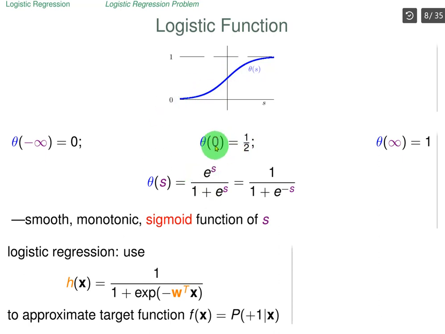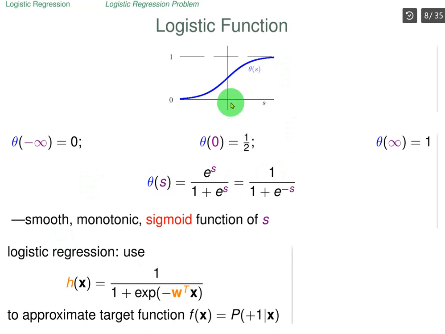And if we have our s equal to 0, then the sigmoid is 0.5, 1 over 2. And for high risk score values, if it is very high or even infinity, then the sigmoid function will reach +1. So we can interpret this sigmoid function as a probability. We can relate the output of this sigmoid function to probability values, depending on its argument, signal, or risk score. We can see that this function is smooth, monotonic,